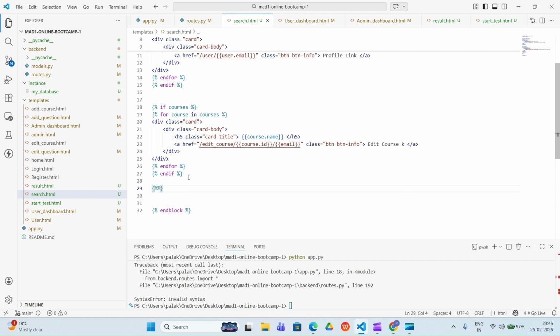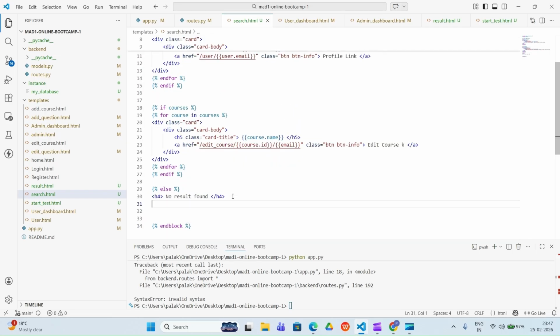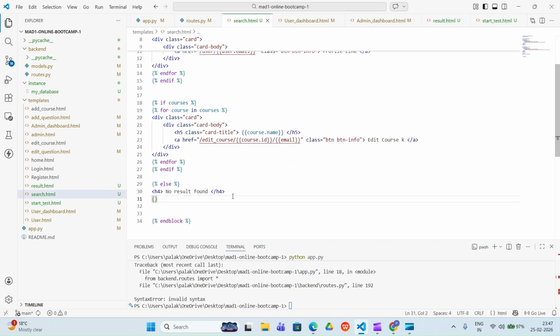You need to write in the heading part that no result found, and then after you can close it. So you can close this in if, so you write here end if. Yeah, that is what we need to write here.